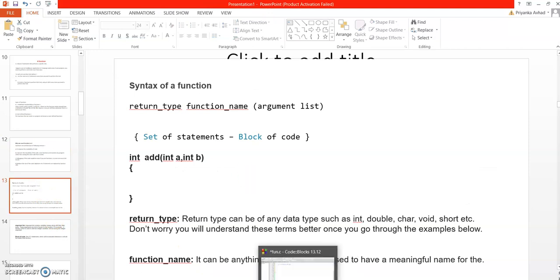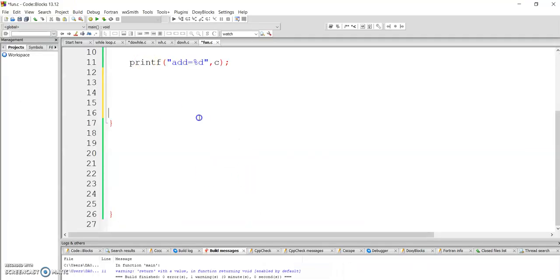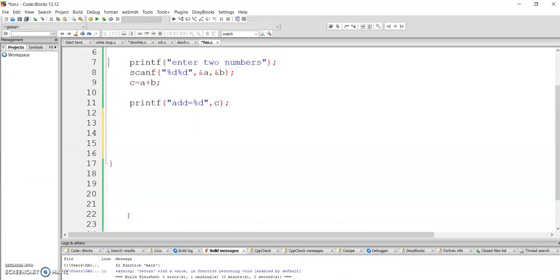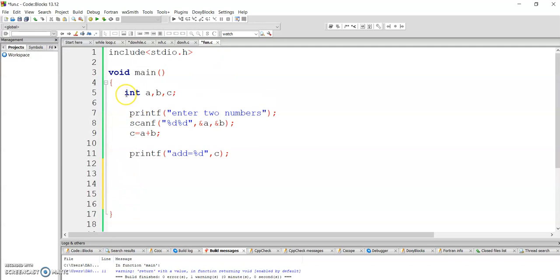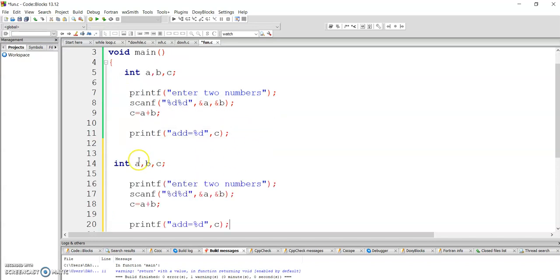Now let us take one example. Suppose this is my program for addition of two numbers. So this is my task of adding two numbers. So if you need to add another two numbers, and you use option A, that means you can again write this code and then change your variable names.